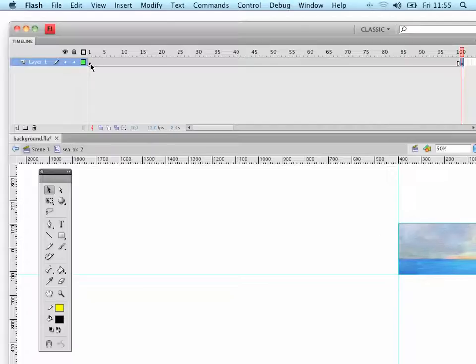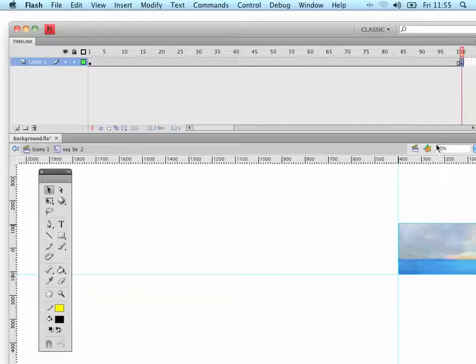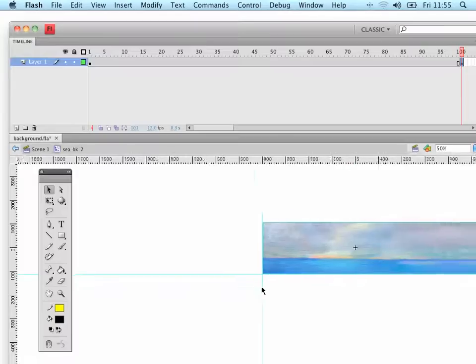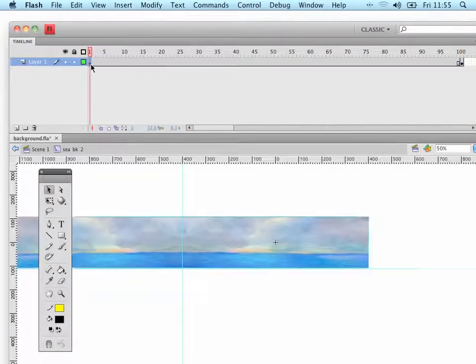Toggle between frame 1 and frame 100, and you'll see that the image should be the same in this position here. Once we've done that,